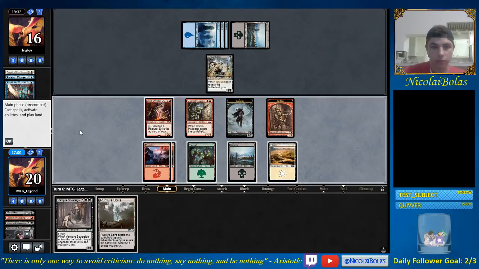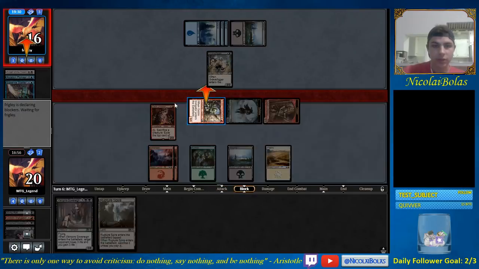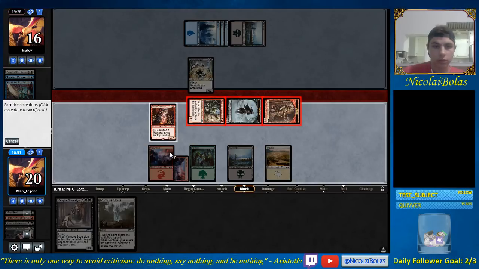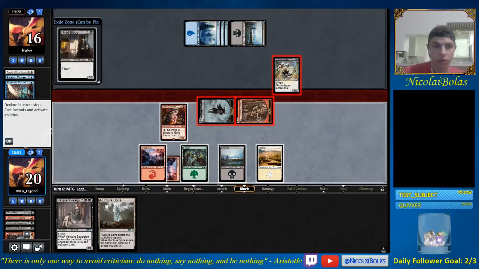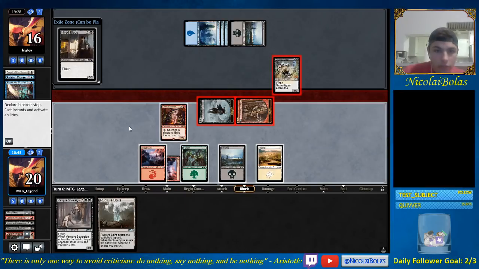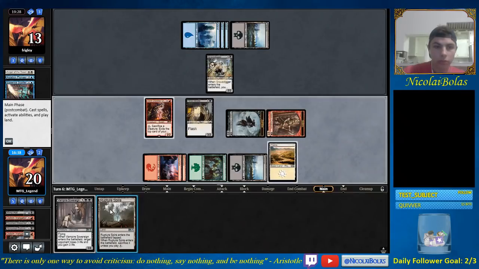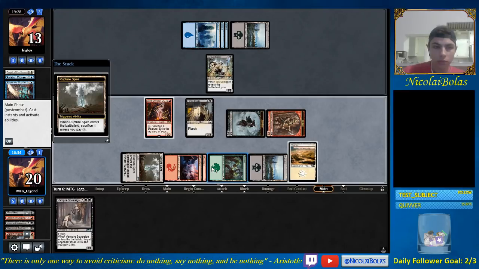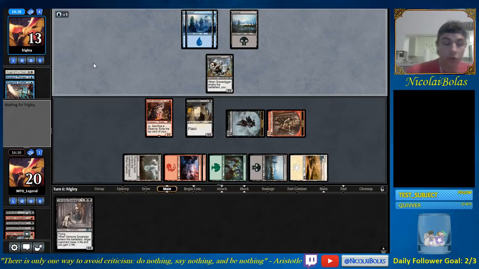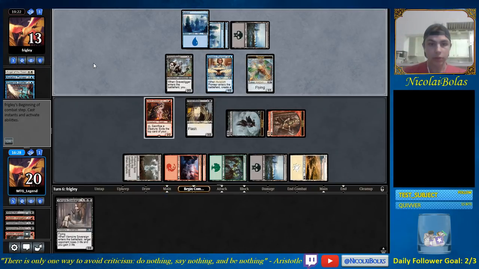Okay, so we're going to attack with everything. Exile whichever one he blocks. Okay. This Dark Dweller guy is doing good work. Pioneer, okay. We're going to attack him and then...